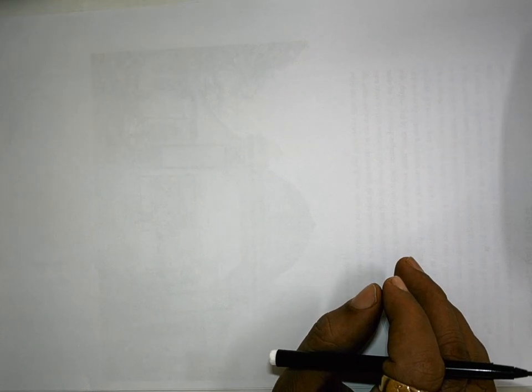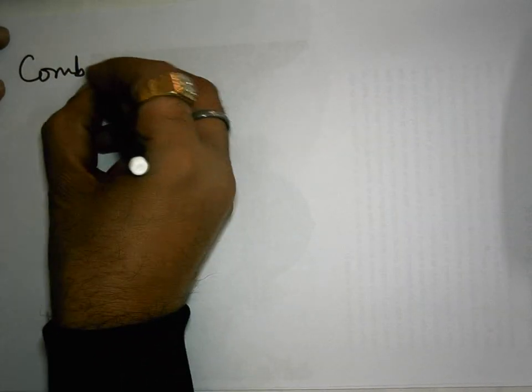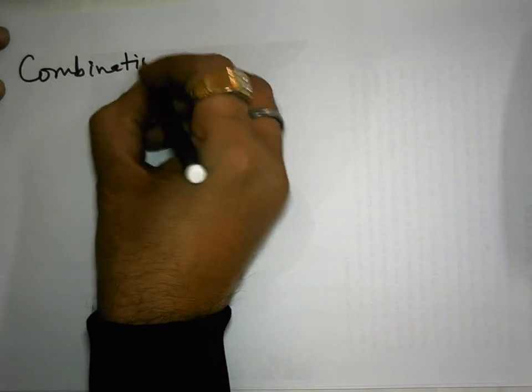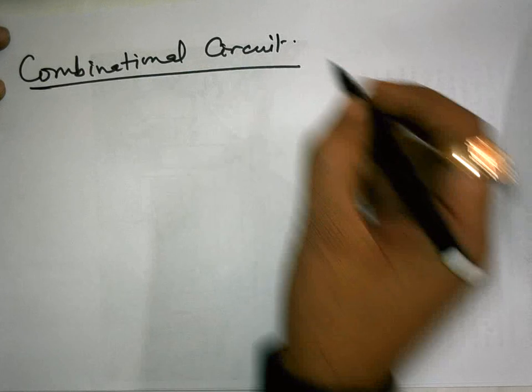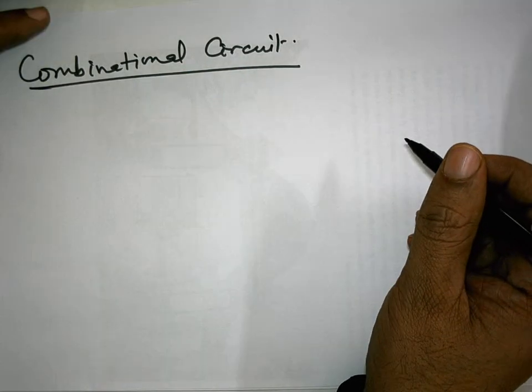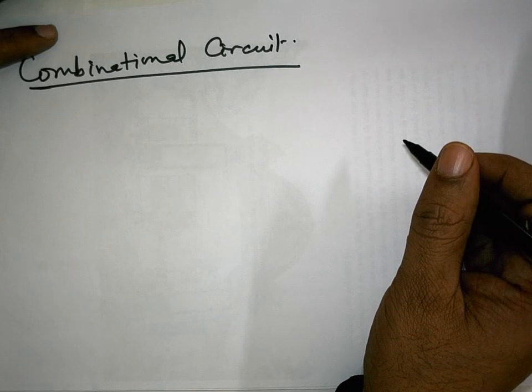I am not going to solve too many problems. Here I will switch. How can you look at the circuitry in two very basic forms? Any combinational circuit, combinational circuits are basically decision making circuits which are used in complex designing as an element. They are decision making circuits. Depending on some input condition, they produce some output.